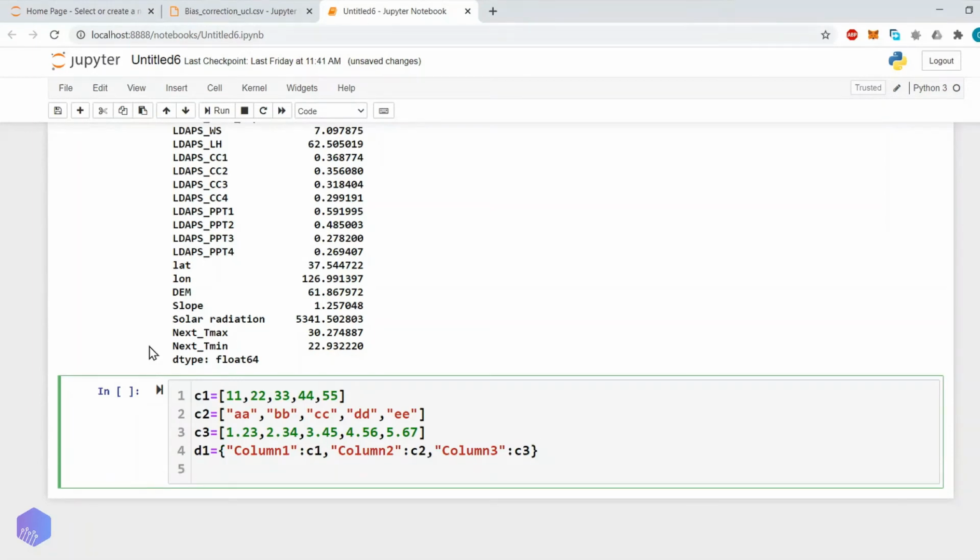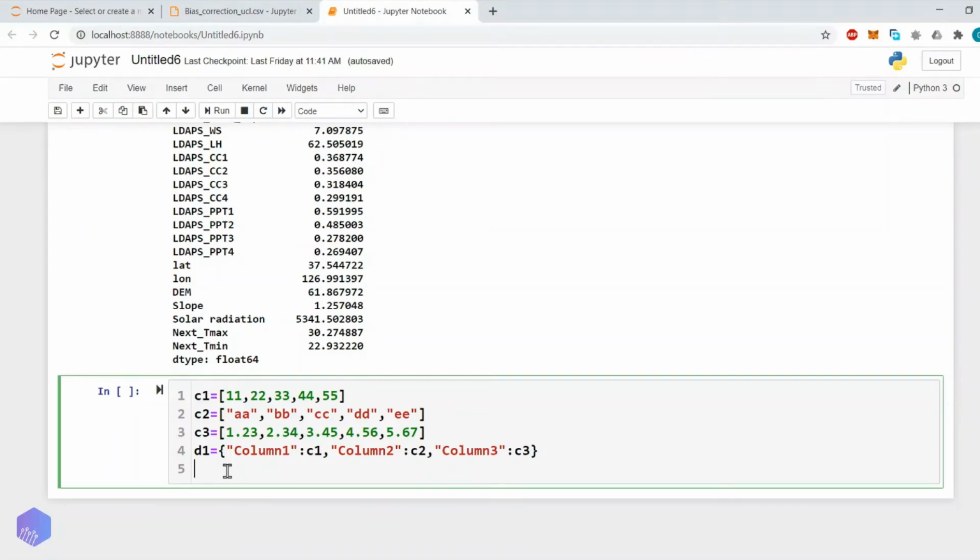Now what we have done here is create a dictionary. The first list will be assigned to the first column, the second list to the second column, and the third list to the third column. Now we can easily convert this dictionary into a data set.